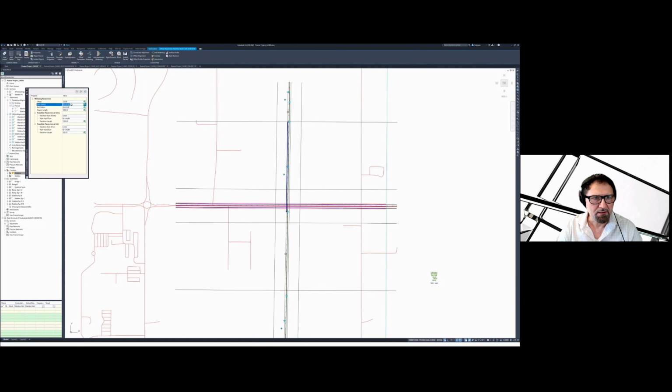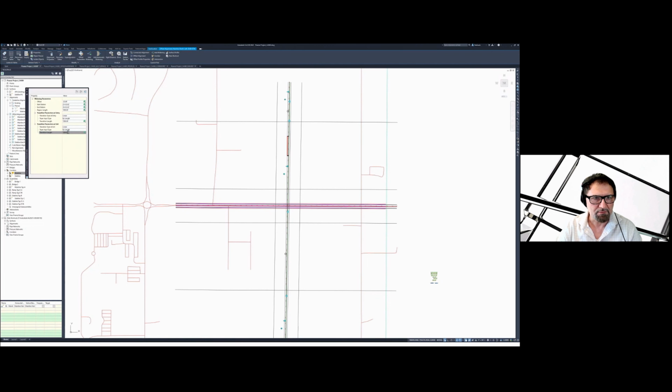The start station will be at 500 feet, and the end station will be at the 4,000 station. So now this could be 1,500, and the full transition region will be at 1,000 feet.